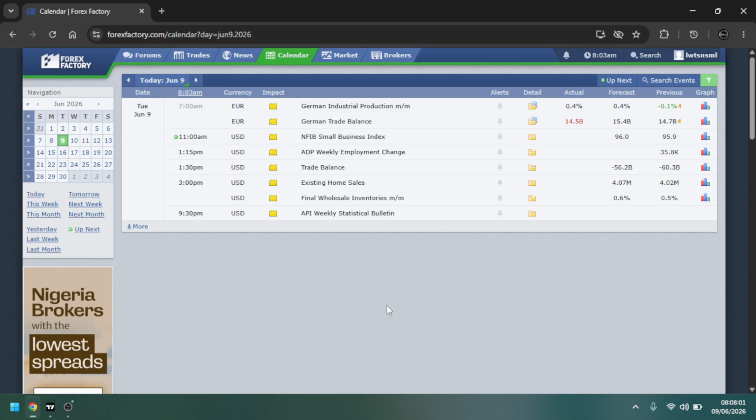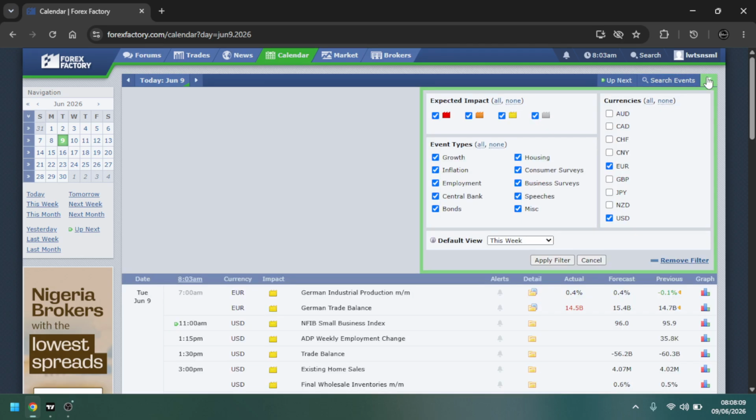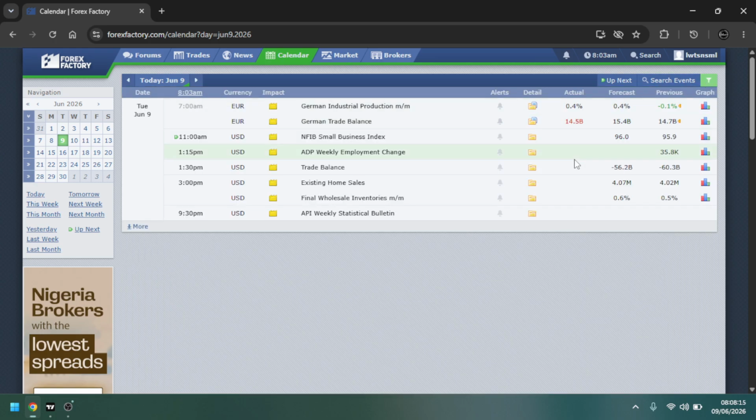No longer London and New York session. I'll just give you the insights for the entire thing, and that will be it. So, no medium impact news, no high impact news, only low impact news, and some news just to take a look at. Those ones have been relegated to low impact right now.